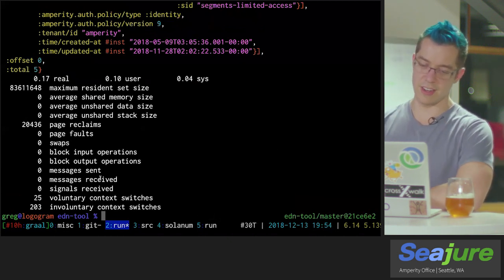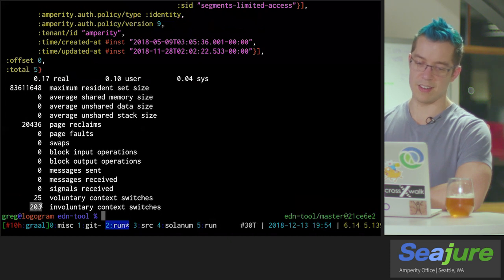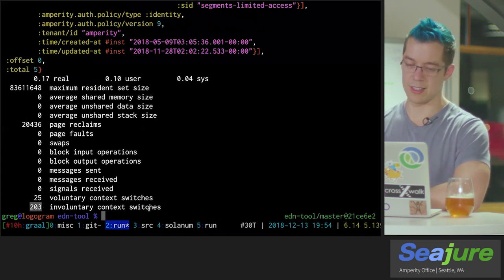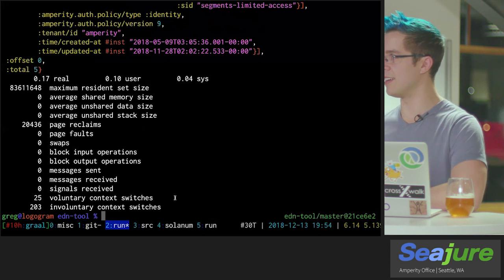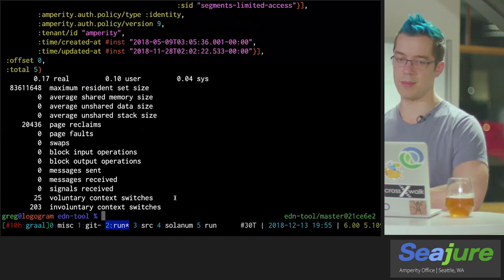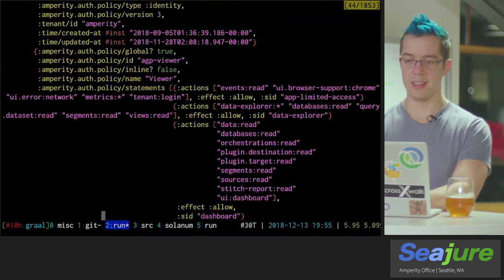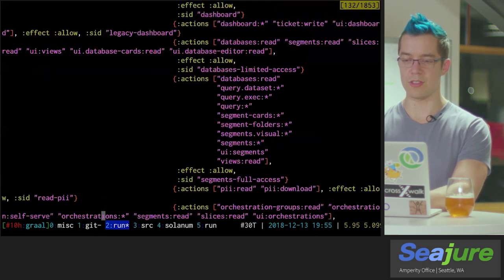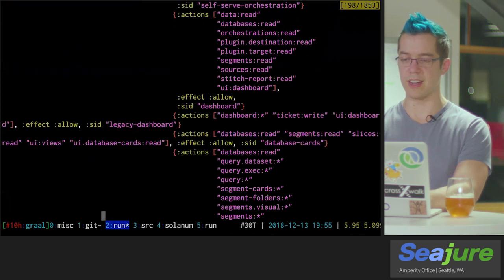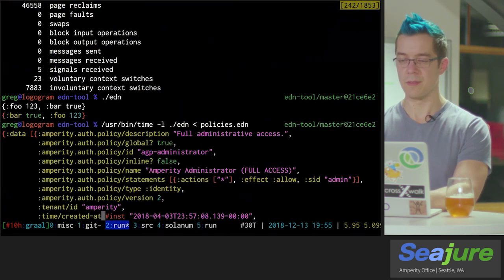And you can see that reflected down here. We only had 220 context switches. So this thing basically ran almost full-time on the CPU compared to the two prior versions. And that was a pretty big input set of data. So most of the time spent was probably just writing all of this to standard out.